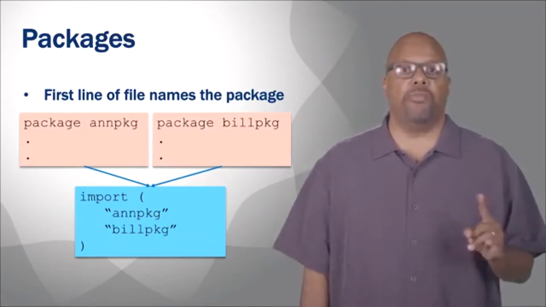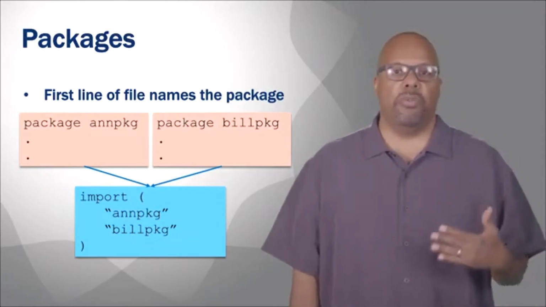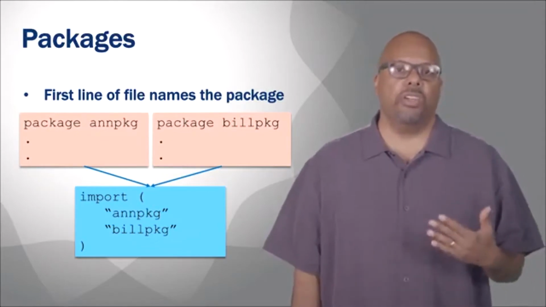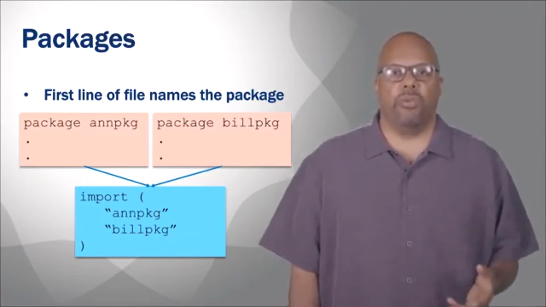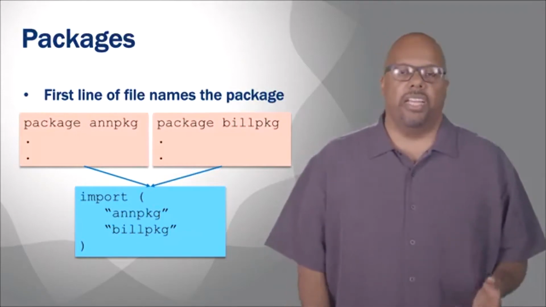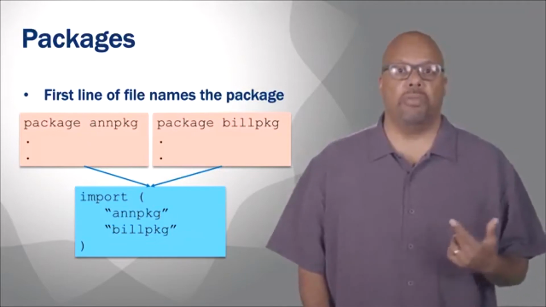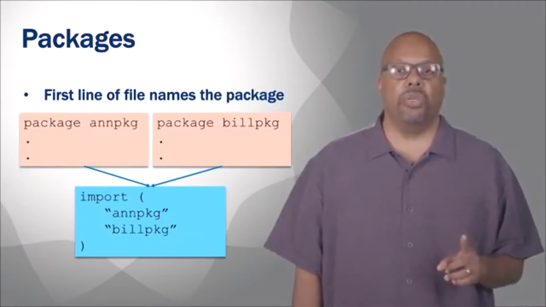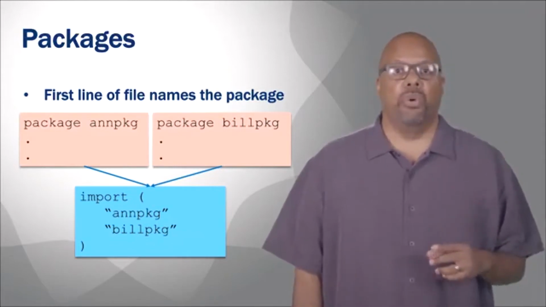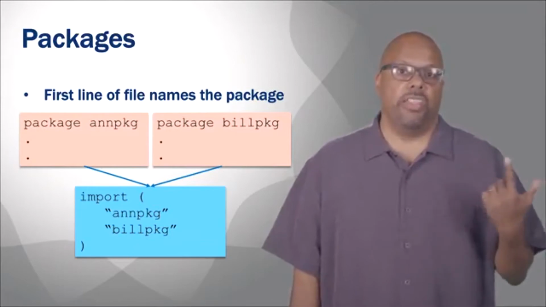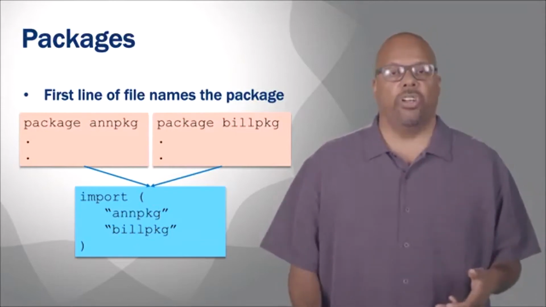And you can see the package names are listed at the top. Package, right? And there's a bunch of code in there, and they're all associated with that package name. Then in blue, I have some other piece of code in a different source file, and it needs to use the packages from the other two people, right? So I have an import statement at the top of my blue file, and I give the package names that I want to import, so I can use these other two packages in my code if I want to.